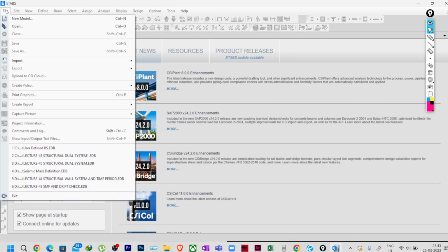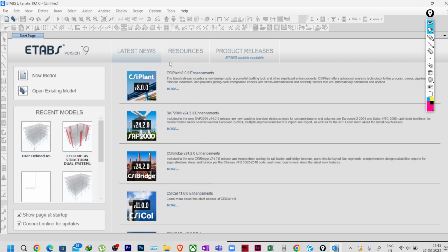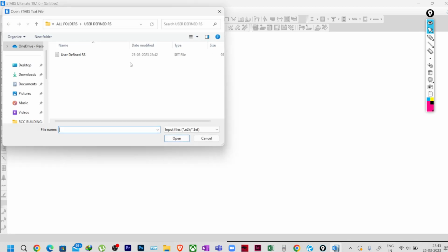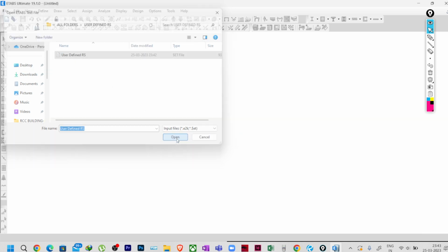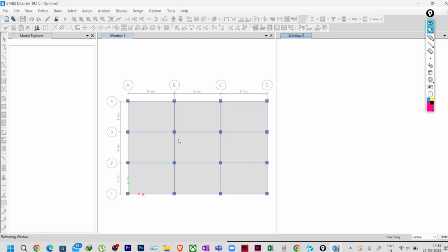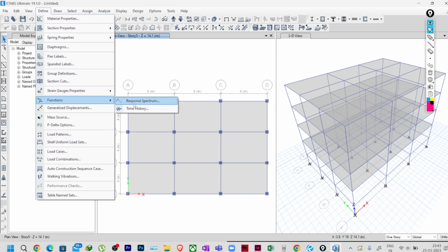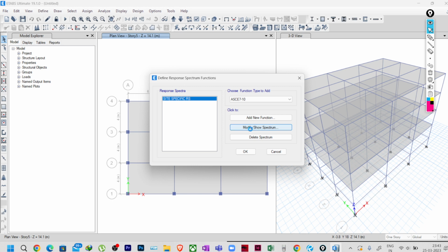Then I'll go to import, file, import, ETABS E2K text files. I'll select the text file where it is saved, and click on open. So it is open. Now if you go to define functions, response spectra, and modify this function, you can